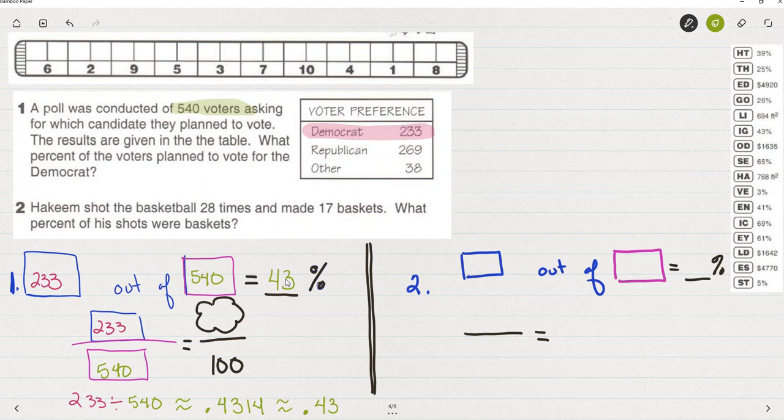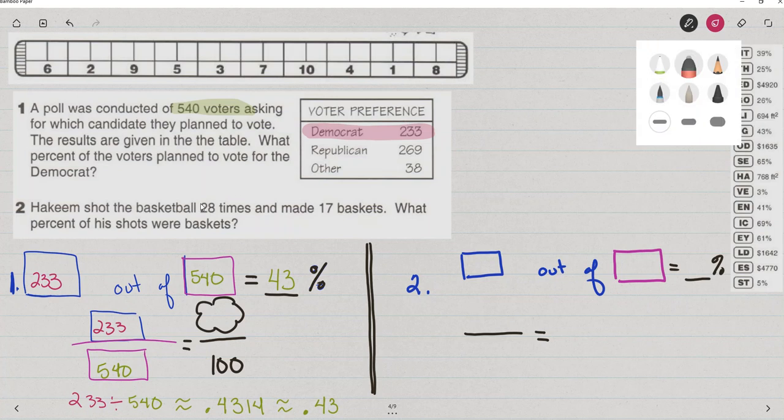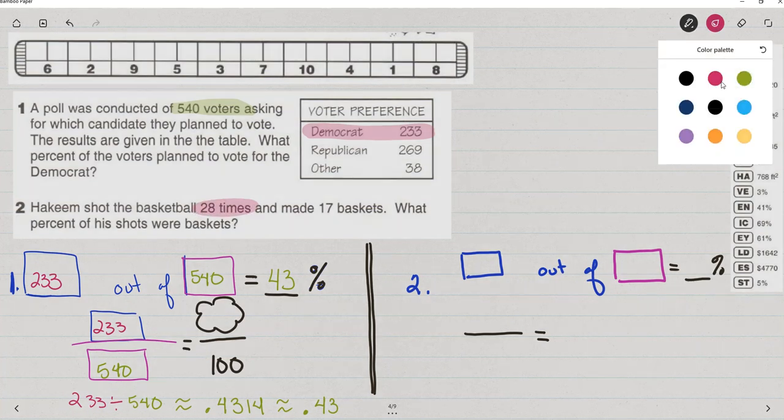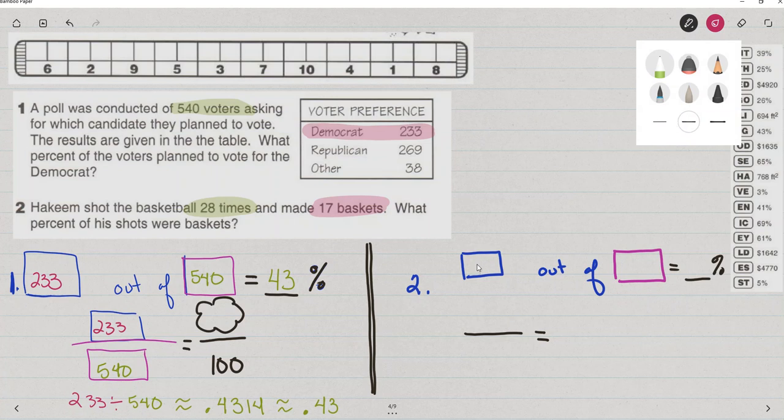Let's look at number 2. Hakeem shot the basketball 28 times and made 17 baskets. What percent of his shots were baskets? Oh, I'm sorry, I'm misreading that. Let me erase that so I don't confuse you with the colors. He shot it 28 times, so the total is 28, and it looks like he made it into the hoop 17 times. So we could say that he has a percent of 17 out of